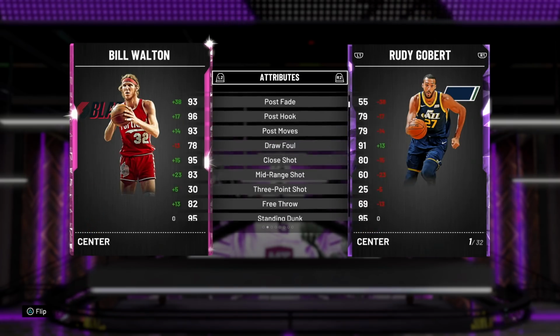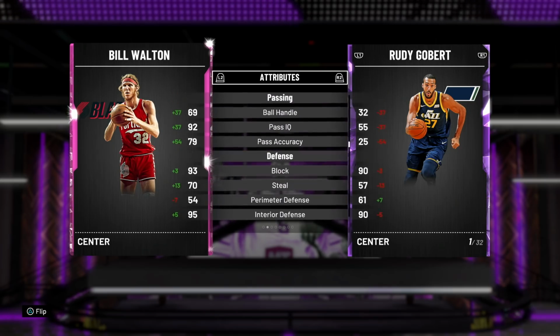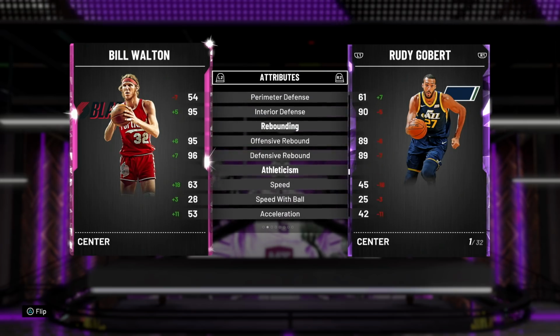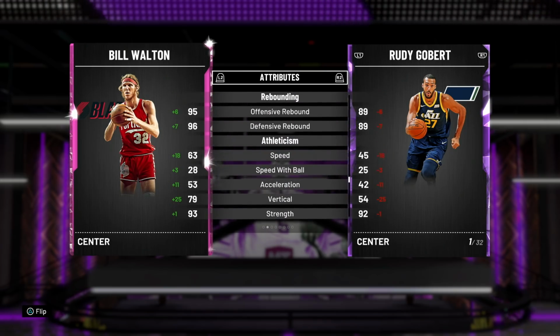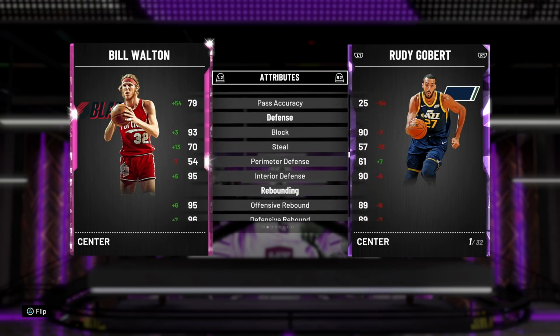His post game is really nice. He's got a decent mid-range, no 3-ball at all. He's got great passing stats. He's got a good block rating, but doesn't seem to block many shots. Great interior defense, great rebounding. Not great speed, but he's not unbelievably slow, and lateral quickness isn't good either. So, yeah, he's